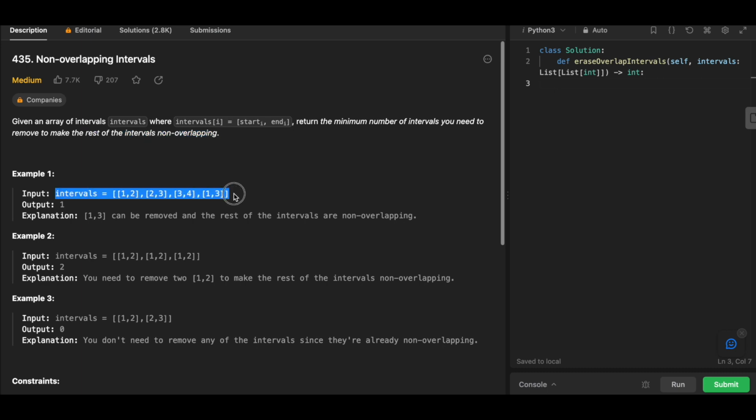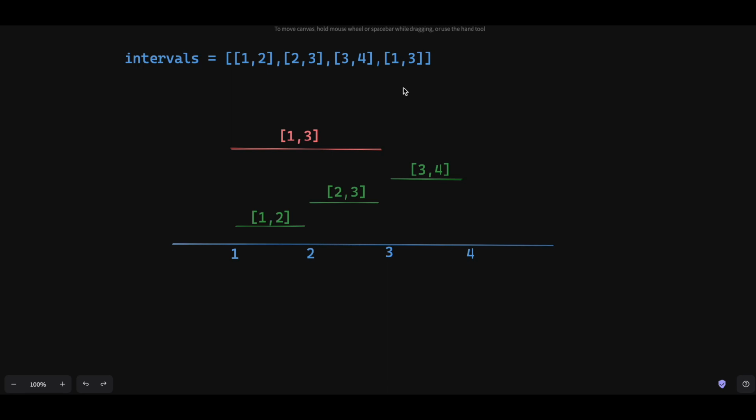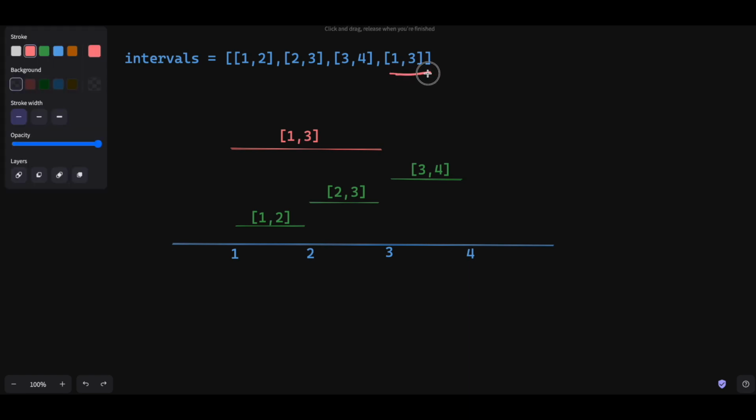If we take the first example here, we can actually visualize it. We have these values and we can see that [1, 3] is the one that is overlapping, and these three are non-overlapping. And we can actually find this easily just by first sorting. We sort by the end ranges. Sort by the ends. That would be these values,